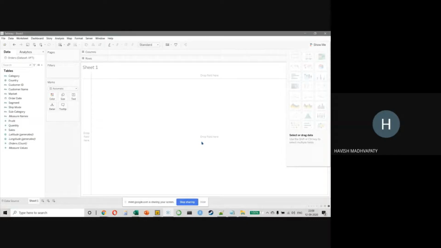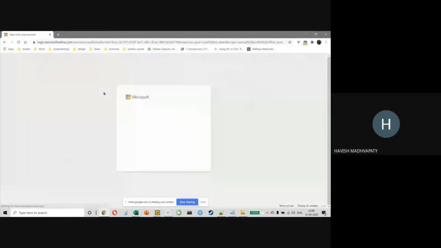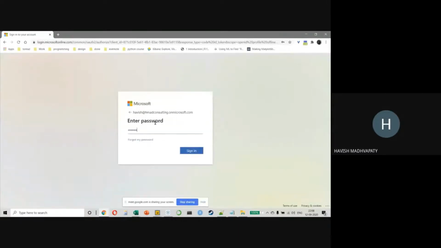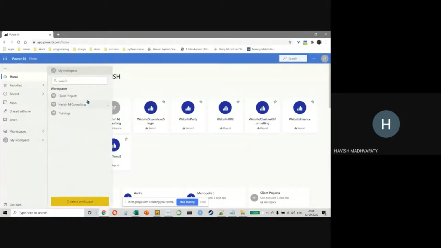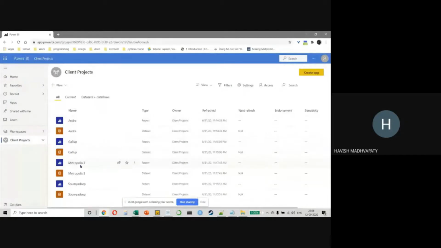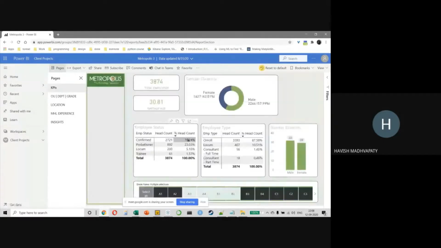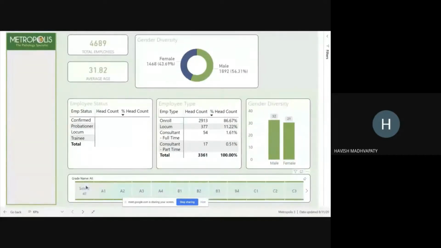Hi, is there any way we can put these dynamic charts in our decks in PPT? No, you can't. Usually what we do is that once you prepare a Power BI report, you can just put it on your website like this. Let me show you a client project. So basically this becomes your dashboard, which is interactive, and you can just go to view and go to full screen. So basically this acts like your PowerPoint now, right?